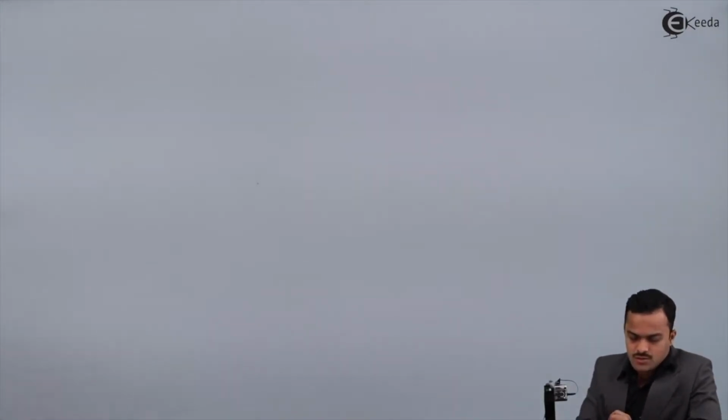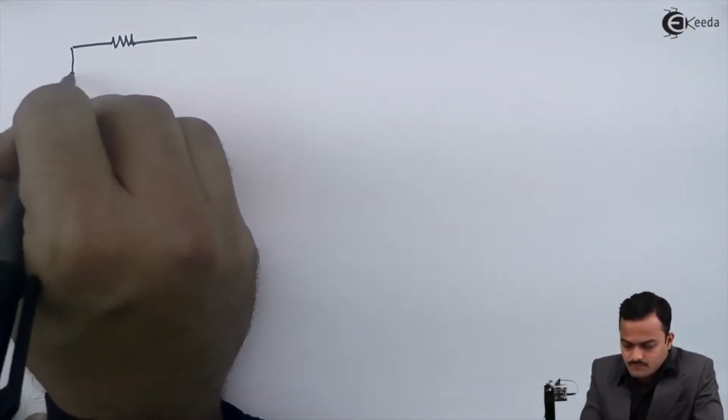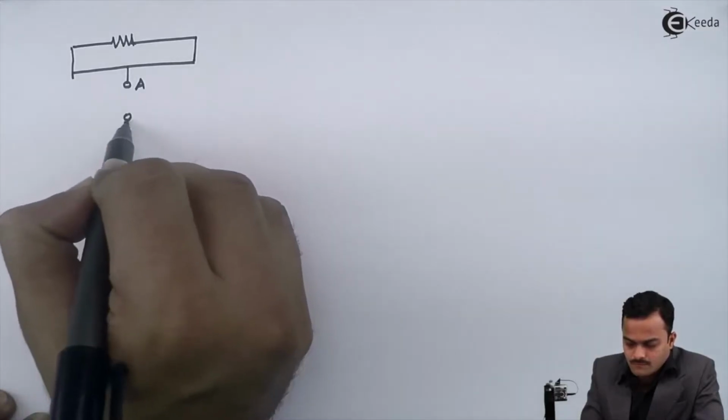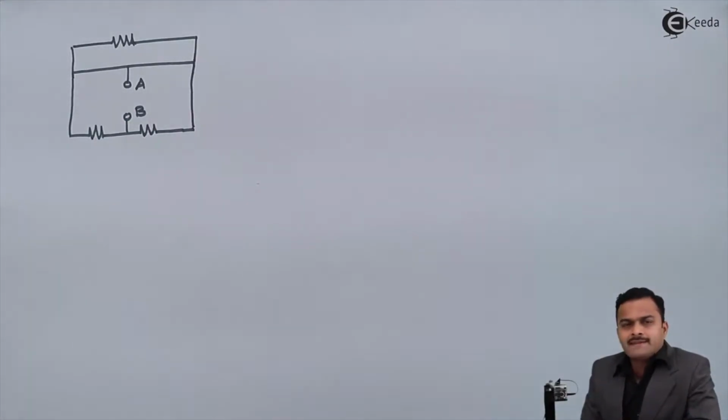In this video, we are going to see the concept of short circuiting a resistor and hence finding the equivalent resistance between the 2 points given. Let's take an example and then we will deduce one important concept called a short circuit. So let me take a problem. So I've taken this circuit.